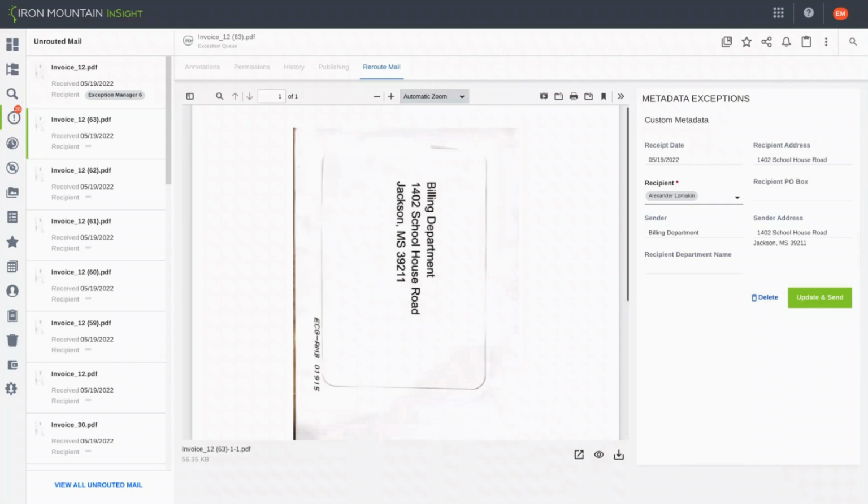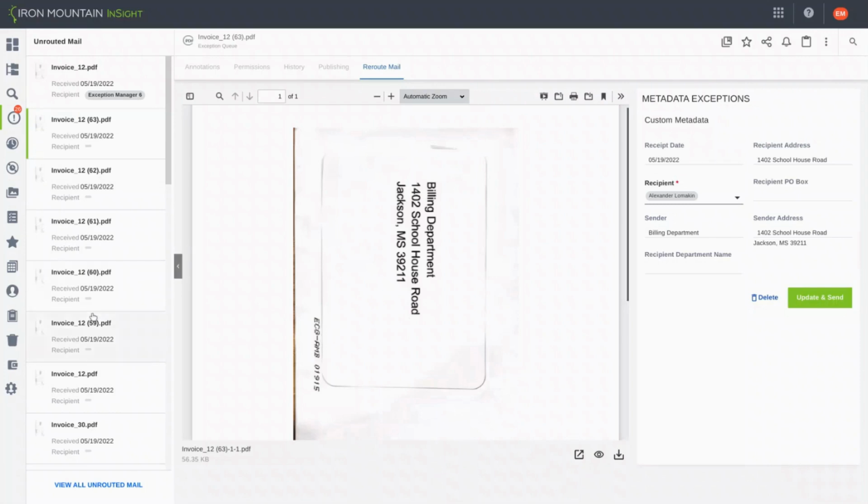They can also delete. So should this be junk mail or easily identifiable junk mail, they can delete that. Of course, if they do delete anything, it is all within the audit trail. And as you can see, we have reroute mail showing on the options at the top as well. So in terms of the exception manager role, that in essence is what they are doing. They're coming in, they can come to the navigation bar, work through their mail, reroute it, and then log out